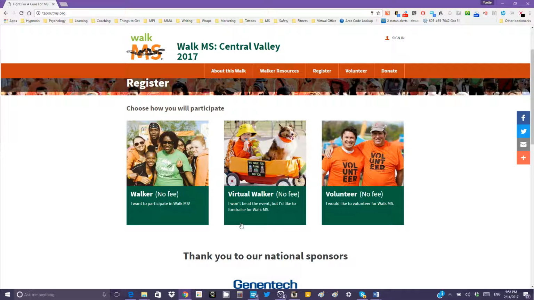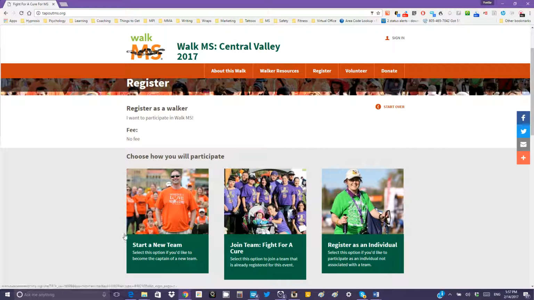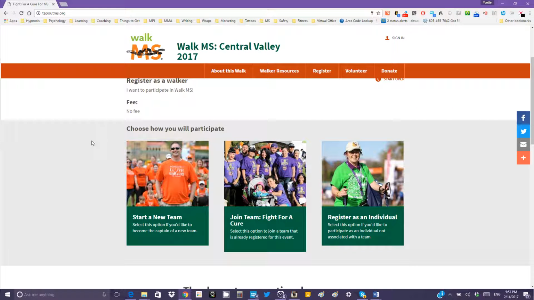Okay, they're still going to fundraise, they're still going to get the word out and raise awareness, but they won't physically be there on the day of the walk. Now, regular walker will be there on the day of the walk. They will be there physically to go through the route and celebrate with everyone once they're finished, that sort of thing. So I'm going to click on Walker, and that's going to bring me to the next screen where, again,